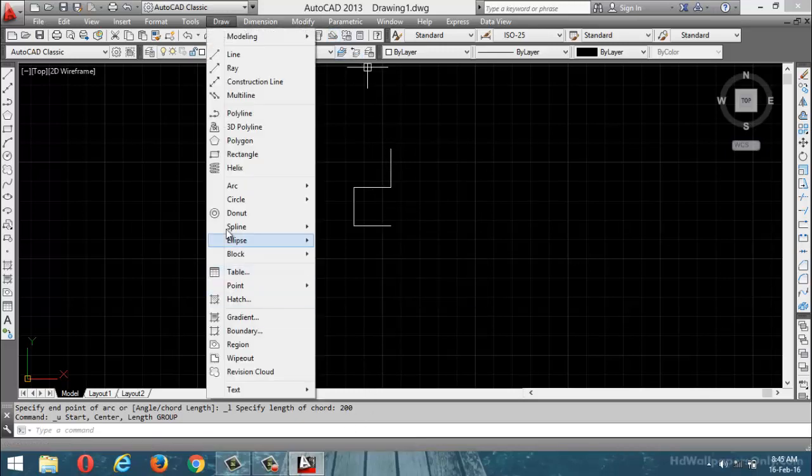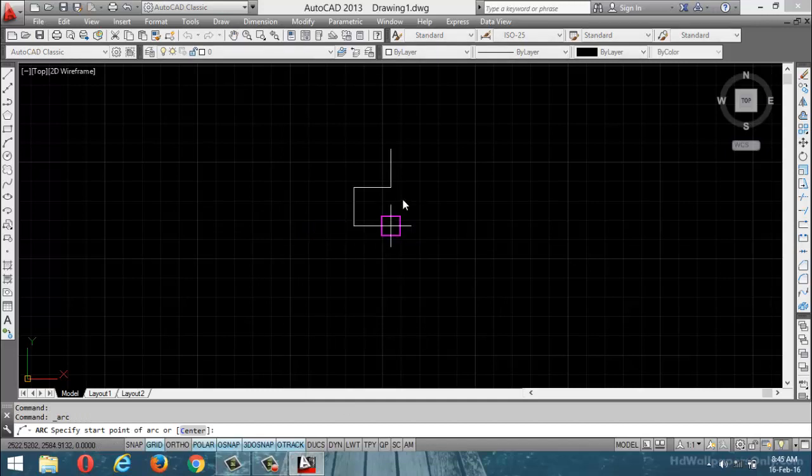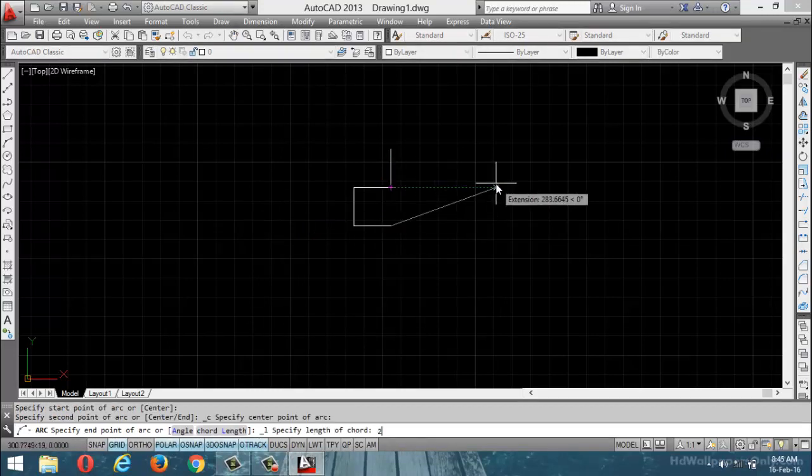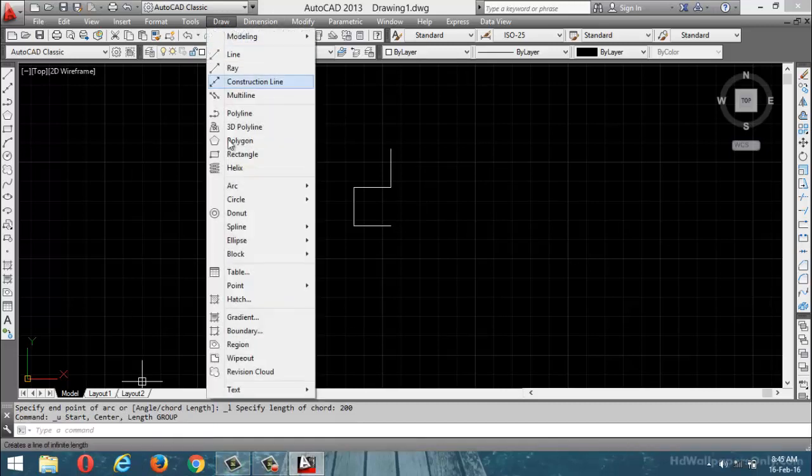Draw arc. Select the start, center, length option: start point, center point. I am going to specify length equal to 200. 200 means it's taking up to the last point. Then the next one is the